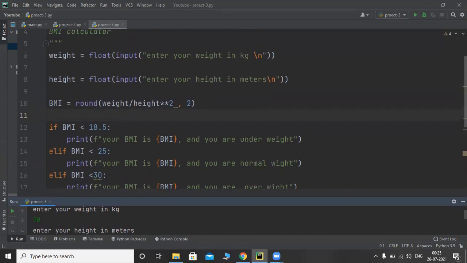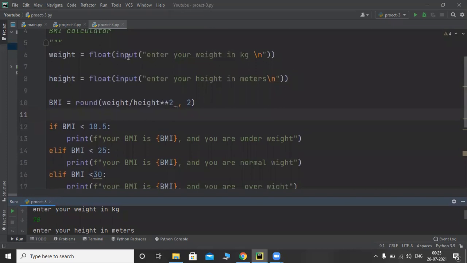Now let me explain this code. So this is a variable, weight, and in that variable we are storing the weight. And as usual, our maths works on numerics, not plain text, so we are converting that text into a float value. A float value is nothing but using decimal points, like 1.2.